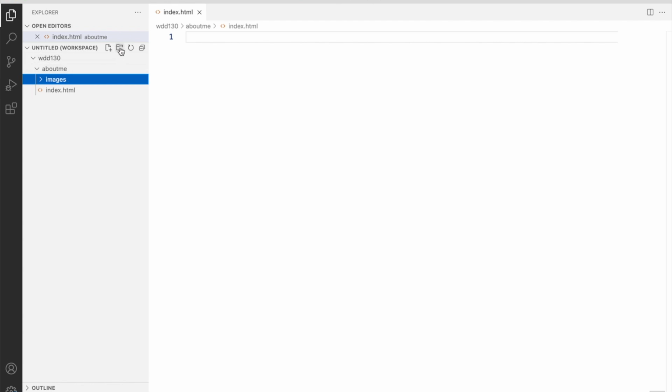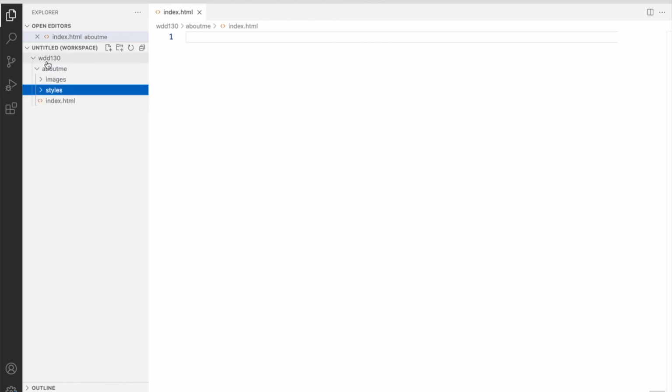And again, even though we're not going to have any CSS, you might want to add a CSS folder. If I add a folder now, it's going to be a folder inside of images, but I want the styles folder to be at the same level as images. So make sure you've got the right thing highlighted. So now if I add a folder here, I can say styles,